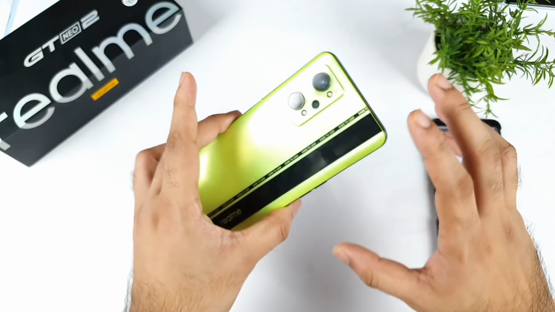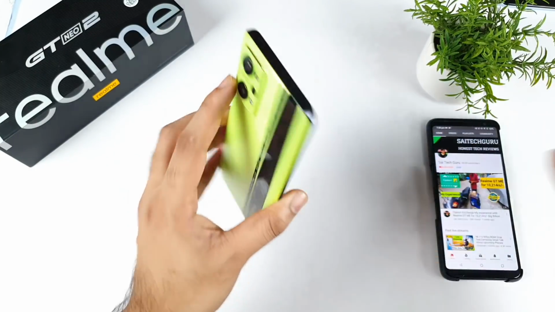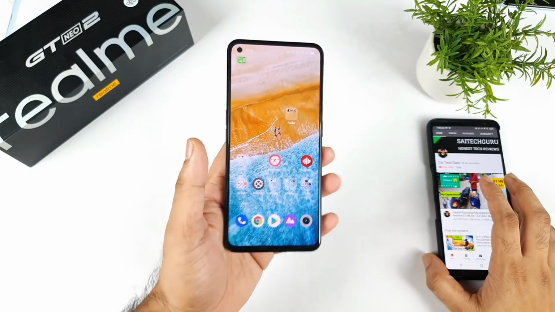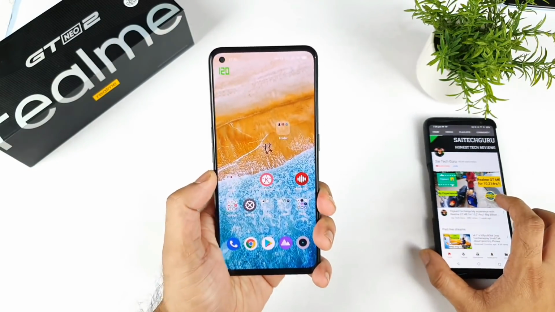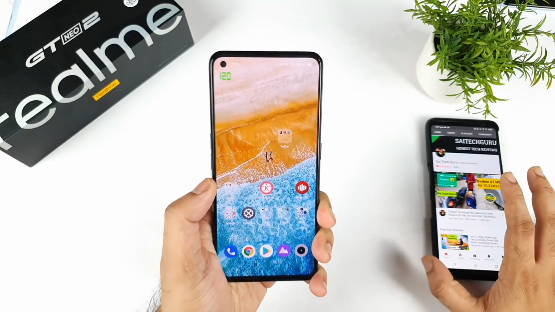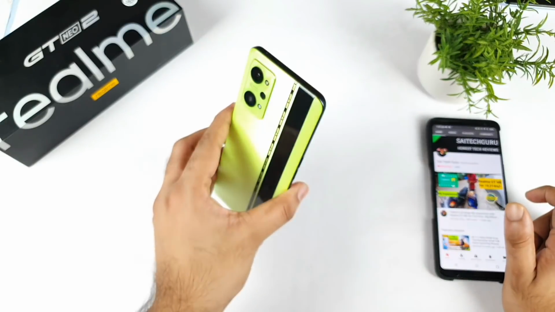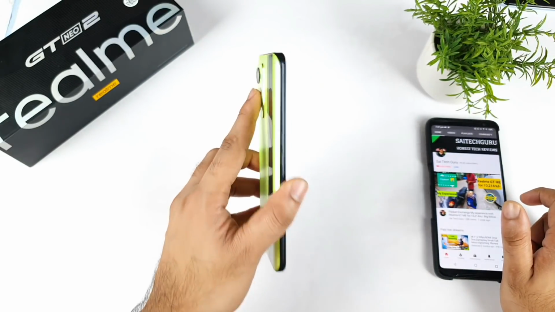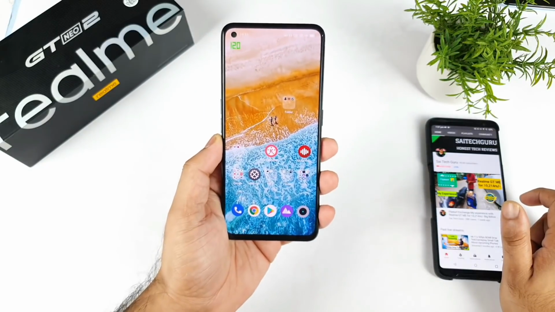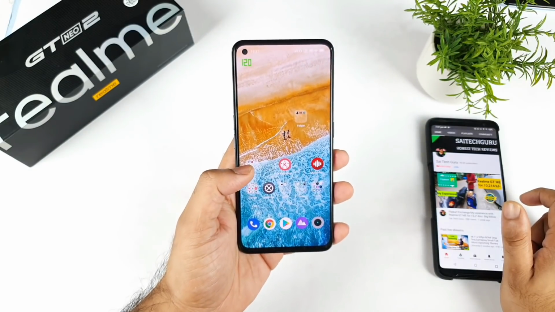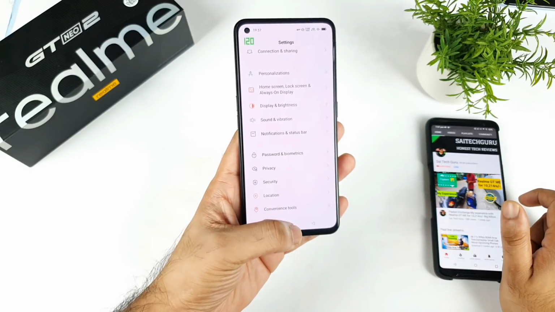And software wise, there are a lot of things and bugs which need to be fixed in this phone. That's the only thing. These are my top 5 disadvantages. Let me know in the comment section below what your thoughts are. These are my initial impressions only, friends. I used it for close to one day only. The final conclusion is that this hardware is really good, much better. But Realme UI optimization is not that great. That's the only complaint I've had about Realme for a long time. But still, they're not fixing these small things, which they should definitely fix.